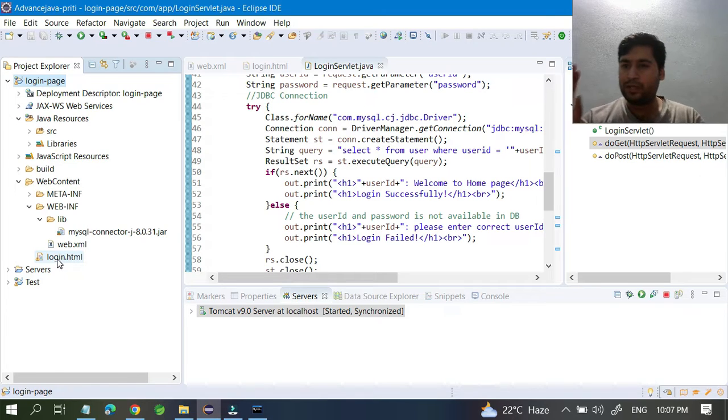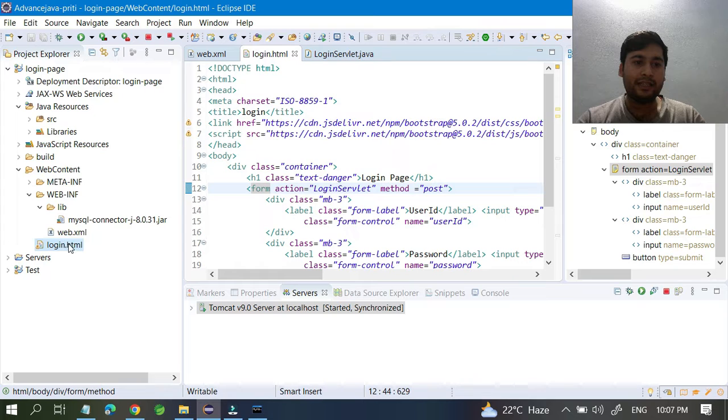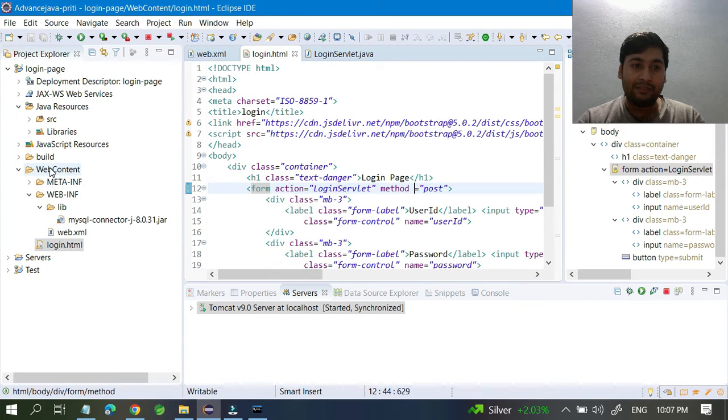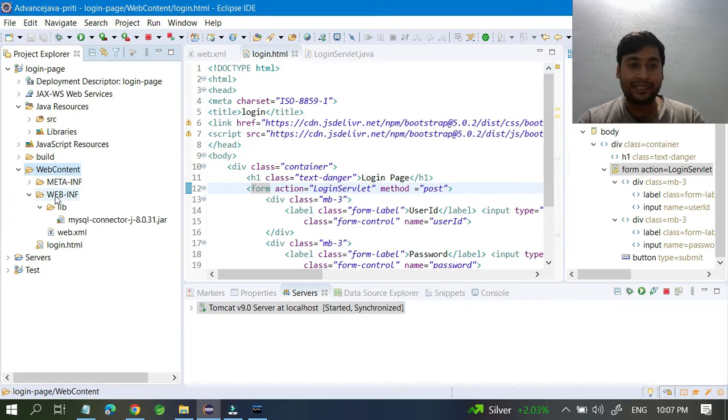Many people make the mistake of not creating this file. Even if they create it, they do not put it in the welcome file. So that is one mistake, don't do it. Create one login.html file inside the WebContent folder. Don't create it inside WEB-INF. You have to create this login welcome file inside WebContent and put this file